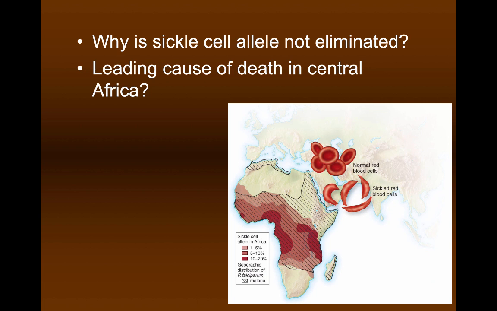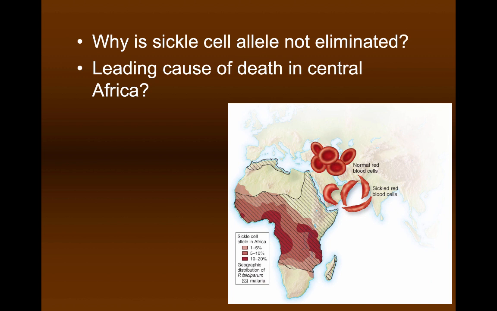So to summarize this, if you're homozygous dominant, you are sickle cell free, but if you get malaria, there's a really good chance malaria might kill you. If you're homozygous recessive, you've got full-blown sickle cell disease, and most likely you're going to die as an infant. There's really not much chance of surviving that one in most cases. But if you're heterozygous, you can deal with low-level sickle cell disease relatively easily. You can also survive malaria if you get that. So having one of each allele is the best case, where you are able to survive both